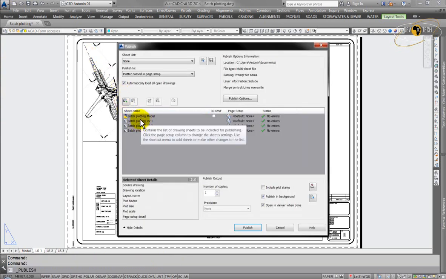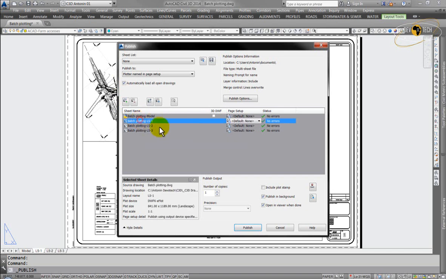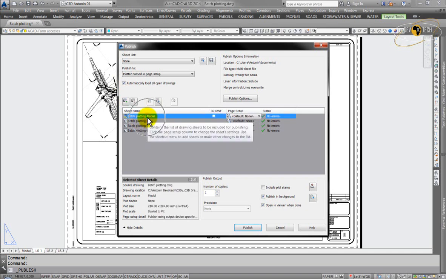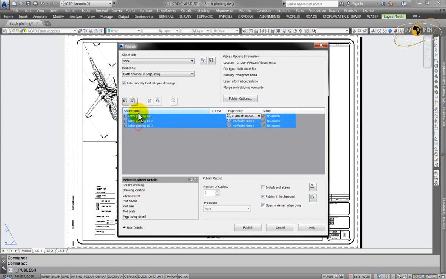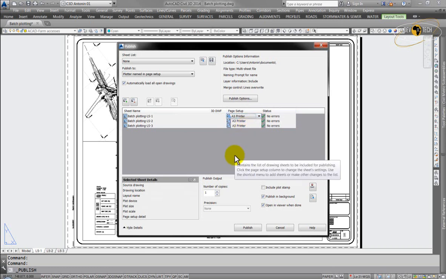So first option, that page setup is for layout, and I have the model space as well. Let me remove it. If I click on that minus icon, I can remove it because I want only my layouts. And if I press shift, I can select all of them at one shot, and I can change the page setup. And now you can see there's an A3 printer available. So that's the settings I set up before. That means my printer, A3 paper,